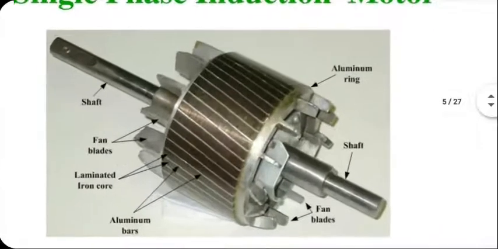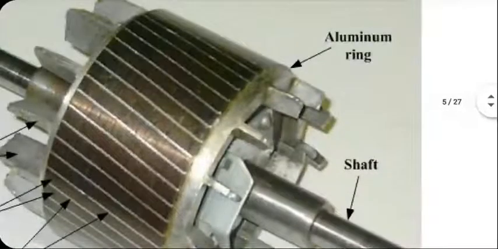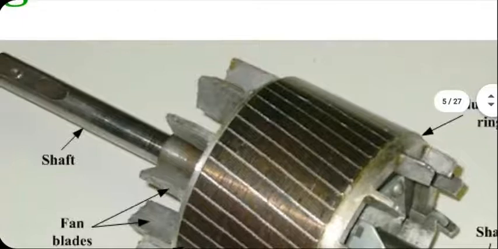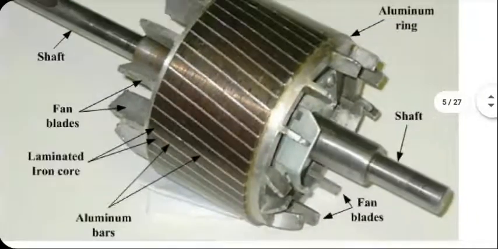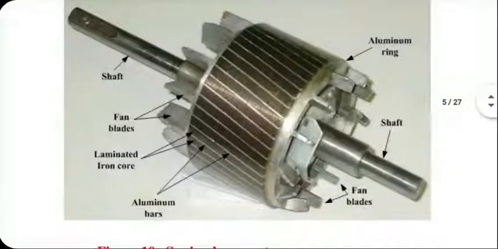A lot of detail there. These are the short-circuiting rings on both sides. One is here, one is on this side. The rotor is in the middle. Actually, the rotor is the bigger part. The shaft is in the middle, which is the mechanical output to which the fan is connected in your homes.